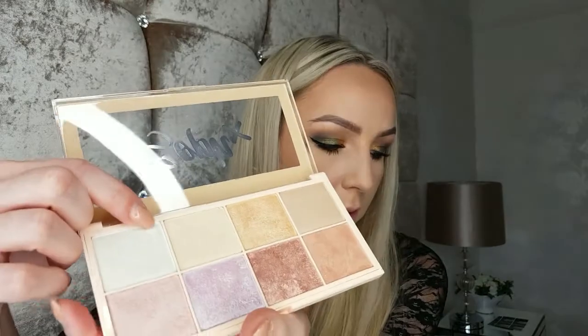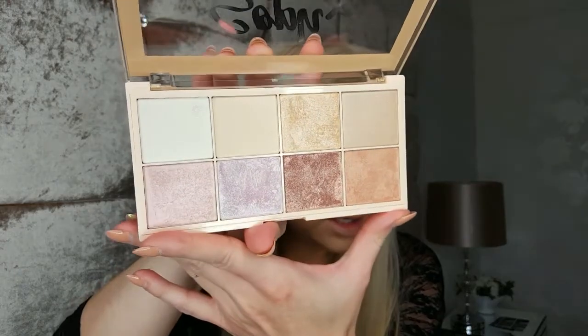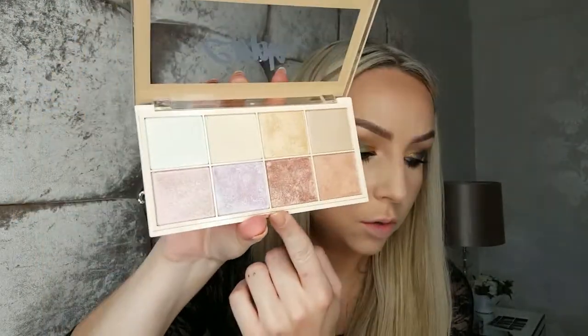And then one of them has a little bit of a divot in it. I think maybe something's just caught it. Just a wee bit of a divot there, but the shades look amazing. Some of these are baked and some of them are just regular highlighters. There are no shade names, but it says on the back that there are pressed highlighters and baked highlighters. So you can see that Sophie and Makeup Revolution have catered to a lot of different skin tones,